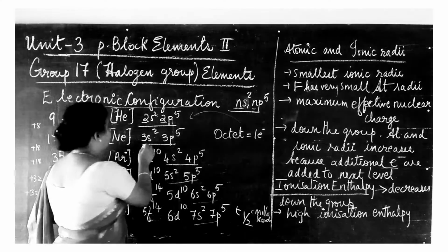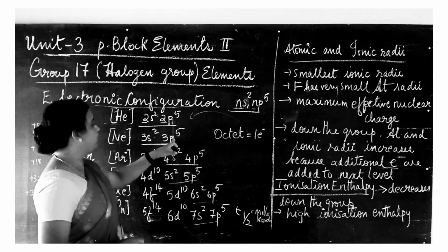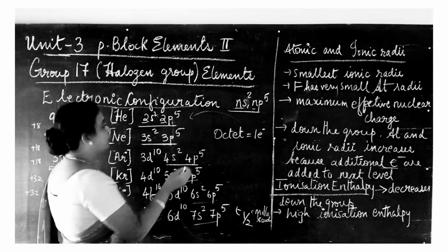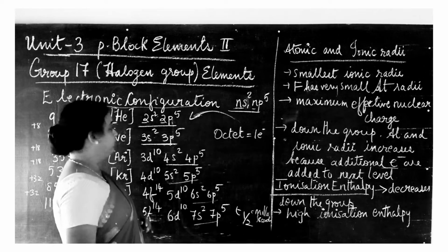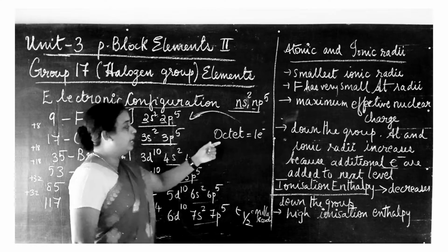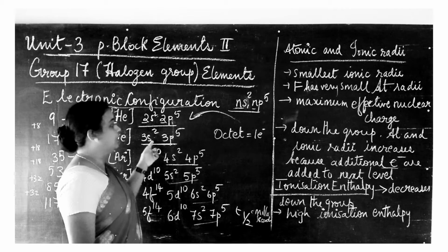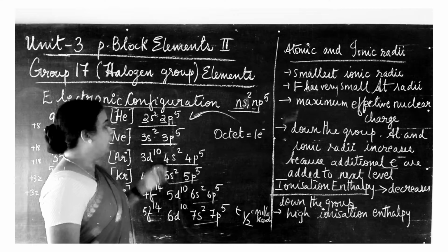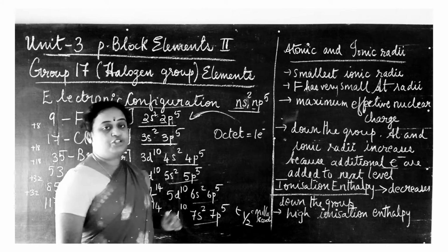By looking at the electronic configuration, the outermost shell contains 3s2 3p5, so it has 7 electrons. It requires one more electron to complete the octet and become stable. If it takes one electron, then the halogen will become stable. And they are not ready to lose one electron from their outermost shells.